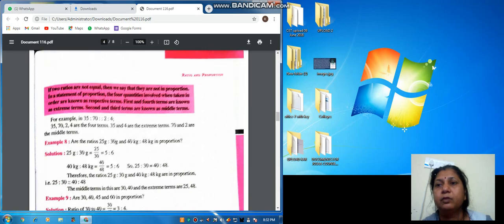So we will start the example. Example 8. Are the ratios of 25 cm to 30 gram and 40 kilo to 48 gram in proportion? मुझे तो सही दिख रहा है. अगर आपको फिर भी ब्लर हो रहा है तो प्लीज पेज नंबर 255 पे देखिए. ठीक है।